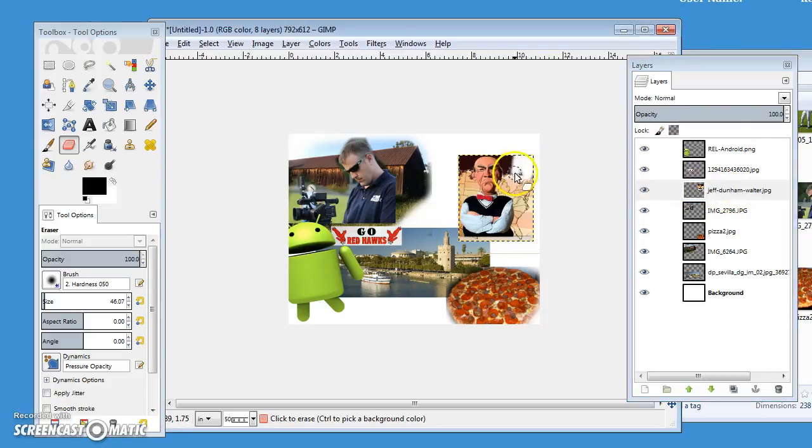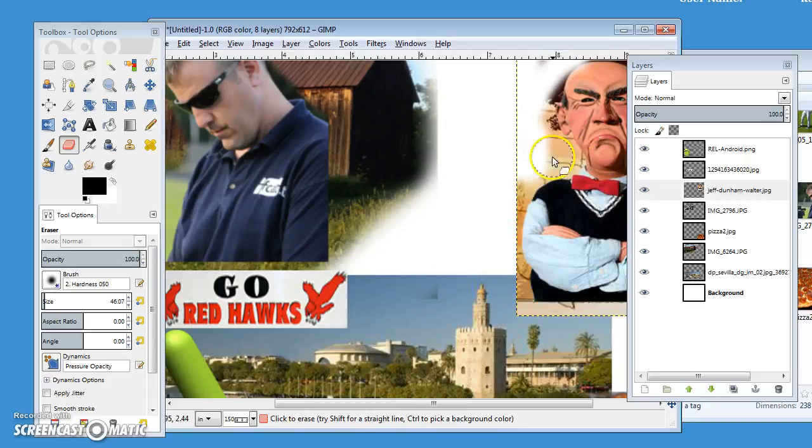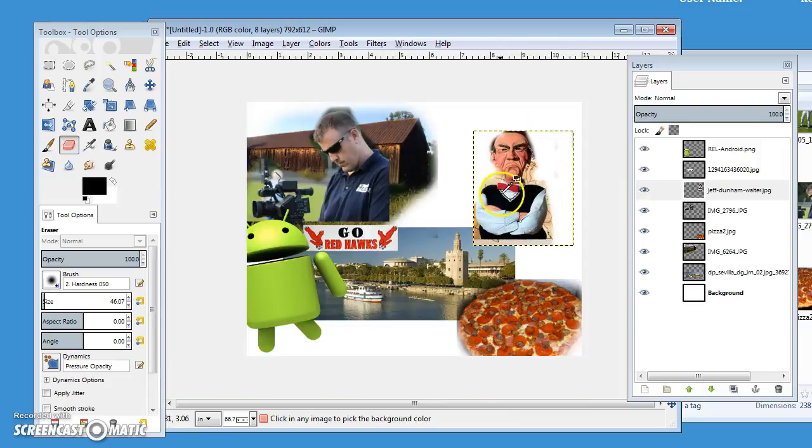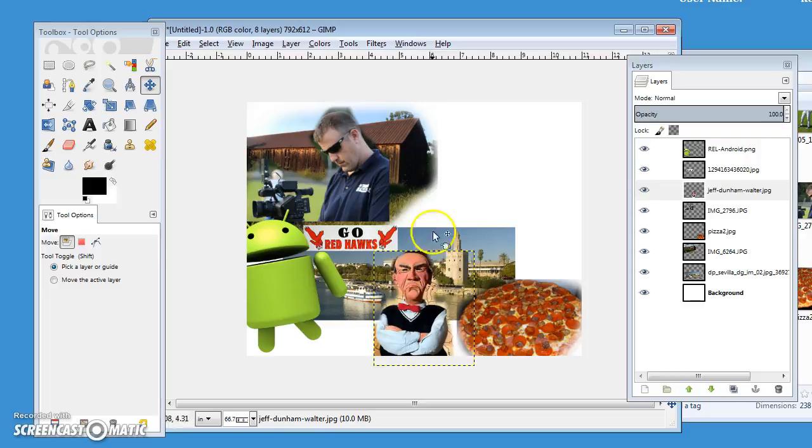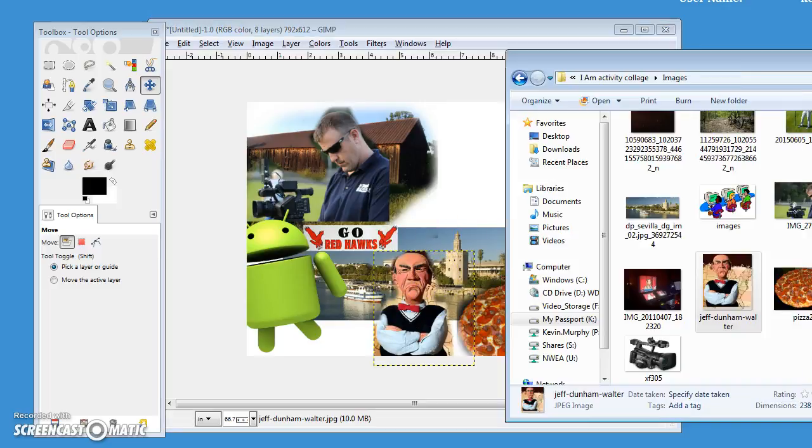Now I can erase. So I can erase everything around this character from that Jeff Dunham comedian, who's one of my favorite comedians. Alright, I'd zoom in and clean this up really nice, but right now I'm just doing it for the tutorial. Let's put this here. See? So now it's all cleaned up. But the final piece of your